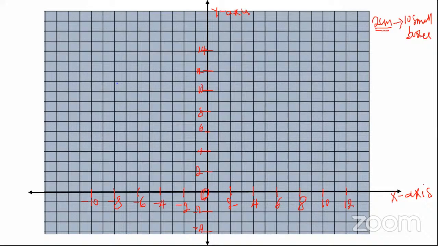And then when we get there, we move 4 steps on Y. And that will lead us to this point here. Okay, so this will be the point 6 and 4. Then our next point,